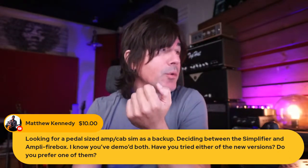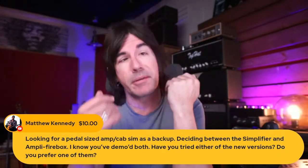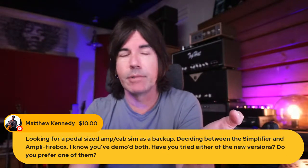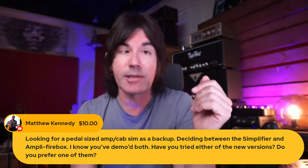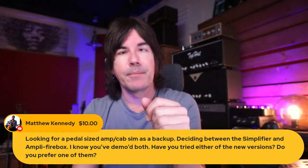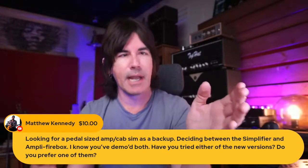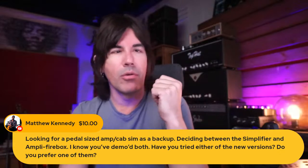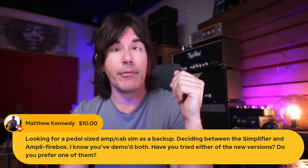I would say both the older ones are cool. One's a modeling pedal, essentially, more in the vein of a simple version of a Helix, where you've got IRs. And the other one's way more analog in its character, a little more like analog speaker simulation. It's a different sound. I can't tell you which way to go, but I really do like the Amplifier Box, especially